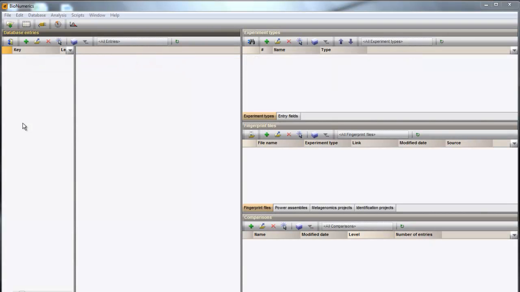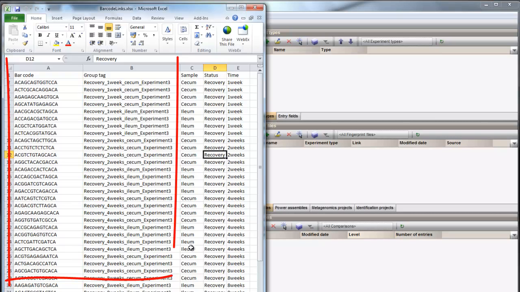First, metadata on the sequence read sets will be imported from an Excel file containing the multiplex identifiers that were used for the different samples, and also additional sample information, including sampling spot, illness status, and sampling time of the experimental setup. Once this data is imported, the sequence read sets will be linked based on the imported barcode information.